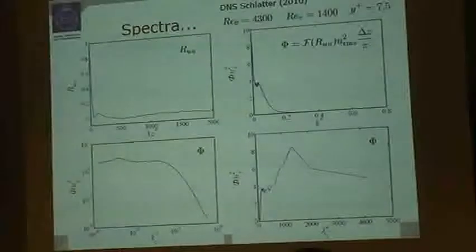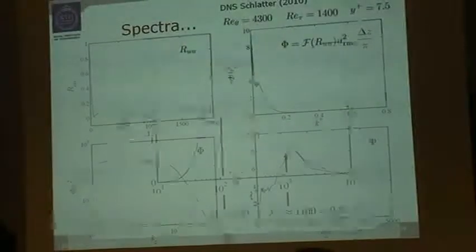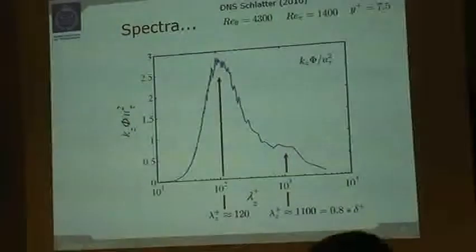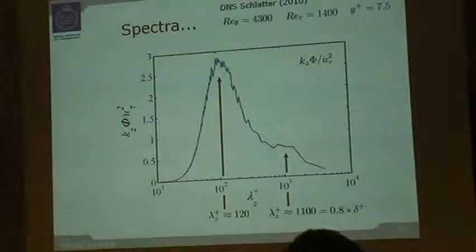It's exactly the same data, it's just Fourier transformed and pre-multiplied. Now actually we see a lot more which was before hidden in here. So first of all, we see of course this peak here, the first peak, which is located at about 120 plus. This corresponds to the streaks next to the wall. But then we also see here slowly an emerging second peak, which for this particular Reynolds number is located a little bit above 1000. It will turn out later that this corresponds to approximately 0.8